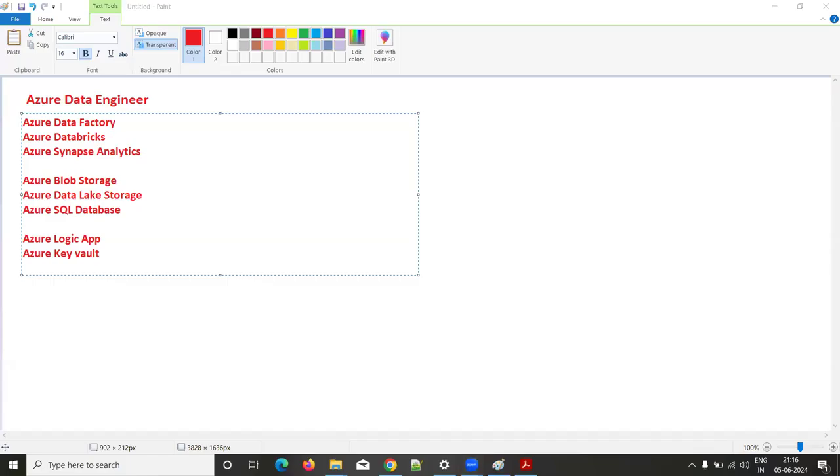So here, these are the resources. We are going to learn the Azure keyword, and we are going to use it for credential purposes. And as I said, as a data engineer, you are going to interact with different types of data